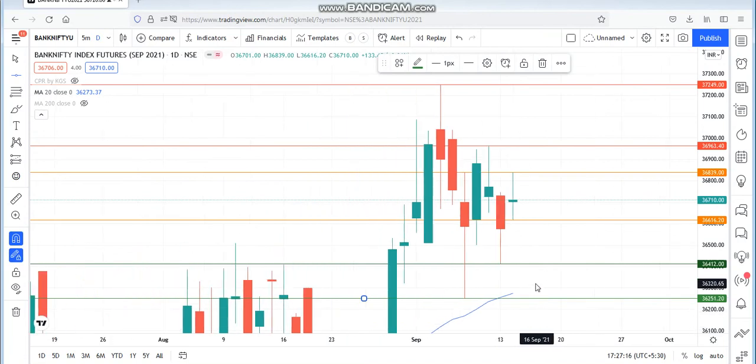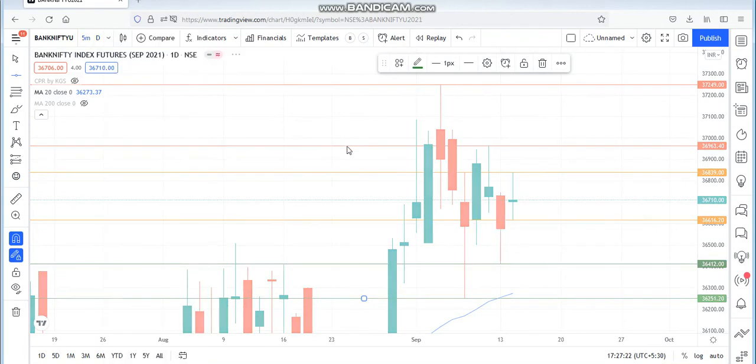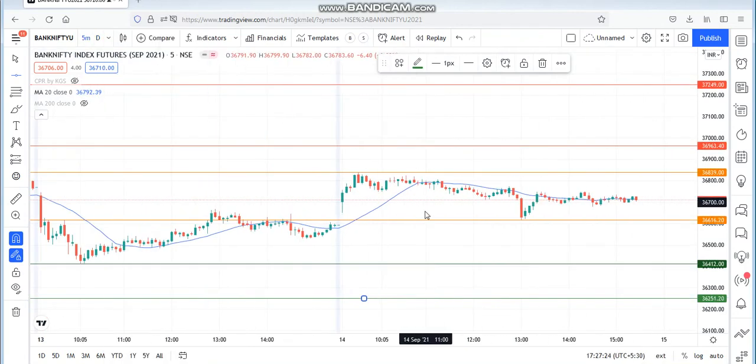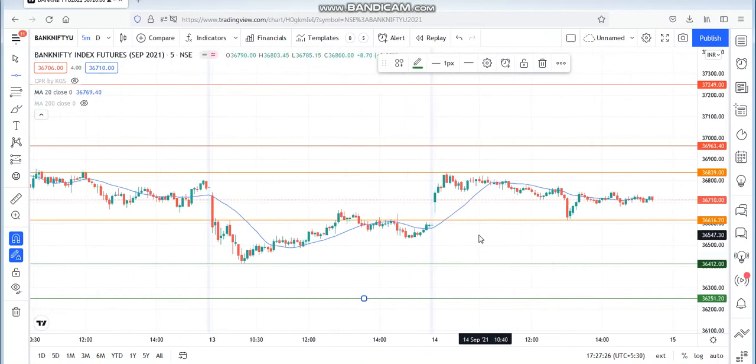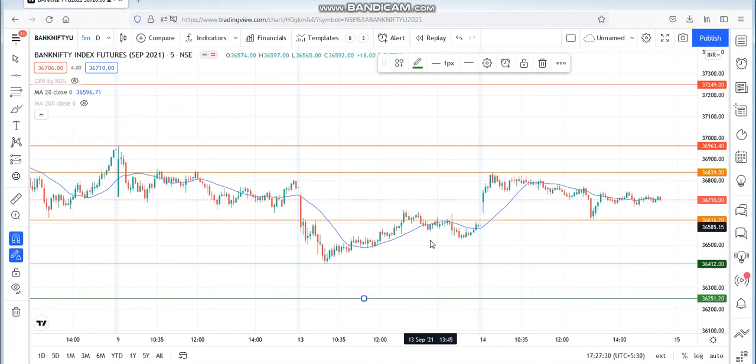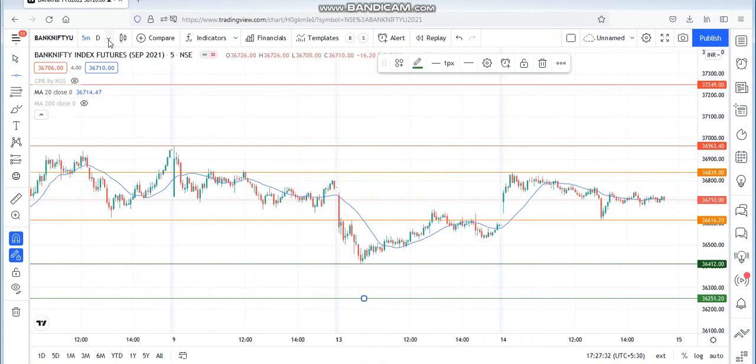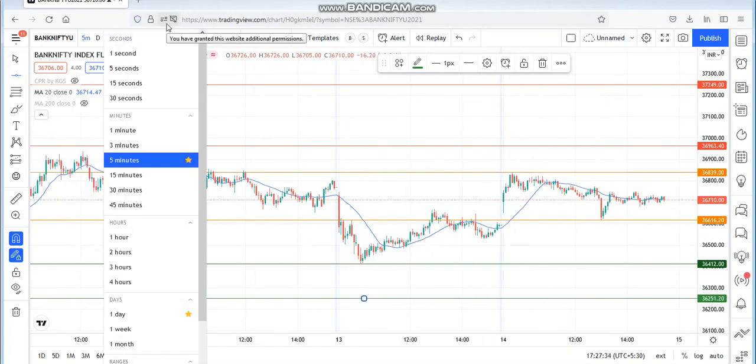And a gap opening, that we have to see in the 5 minutes chart. Okay. There is no very big gap opening. We can see in 5 minutes as well as 1 day chart also. There is no gap opening here nearby. And next one is